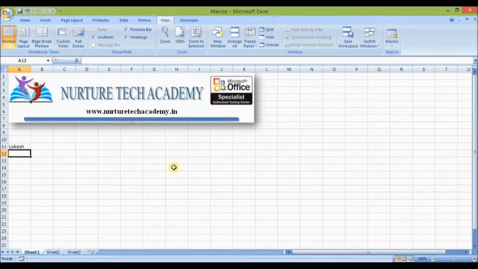Now what I wanted to show is, see this, if I run this macro anywhere in the sheet or in the workbook, look at this. The shortcut key was Control Shift N. See this, my name is appearing over here, which is perfect, but you can see the cursor is coming just below where it rested when I recorded the macro. Okay, there is a mystery behind it. I'm going to share that in the coming videos, but right now I just want to tell you how to record a macro. This is a very small piece of macro which we have recorded. You can record as bulky macros as you like.